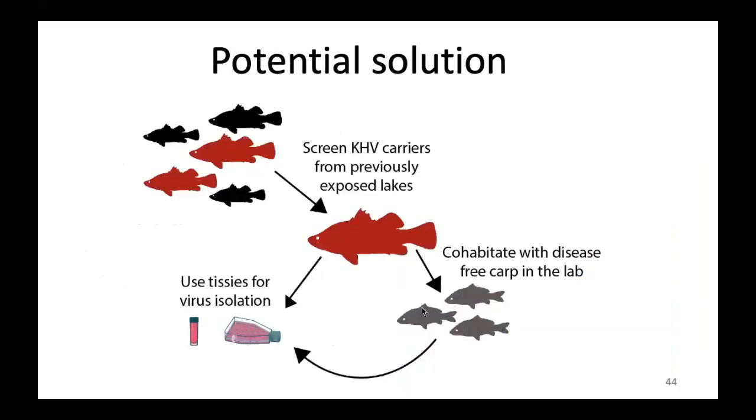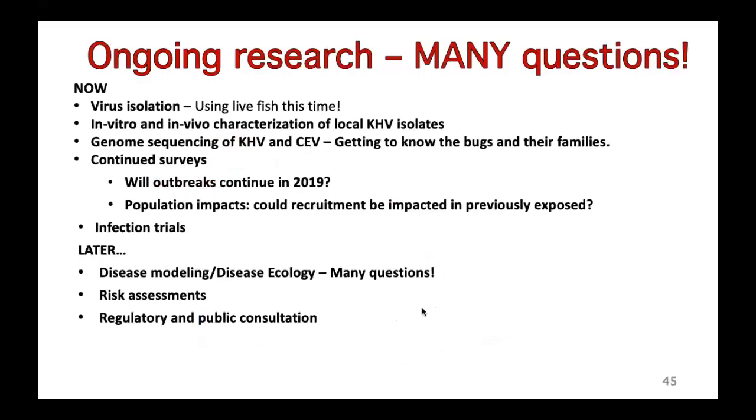Additionally, I hear that these are going to be very hard to manage. So we can cohabitate some of those infected reservoir fish with more manageably sized disease-free carp and lower their temperature or raise their temperature outside of the permissive range of KHV. And we can create basically these latent carriers that we can have in the lab and have a lot more opportunities to do this viral isolation. So ongoing research, viral isolation, we're going to do it. It's going to work.